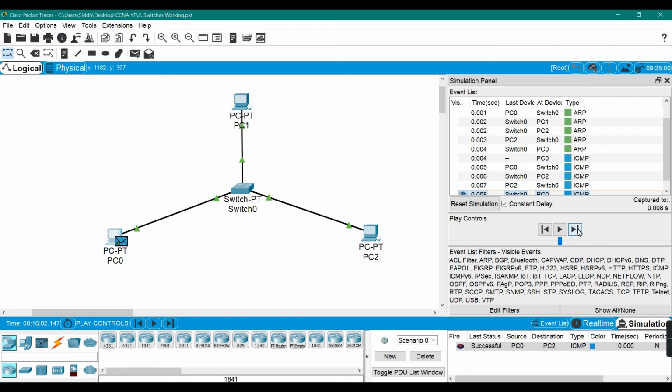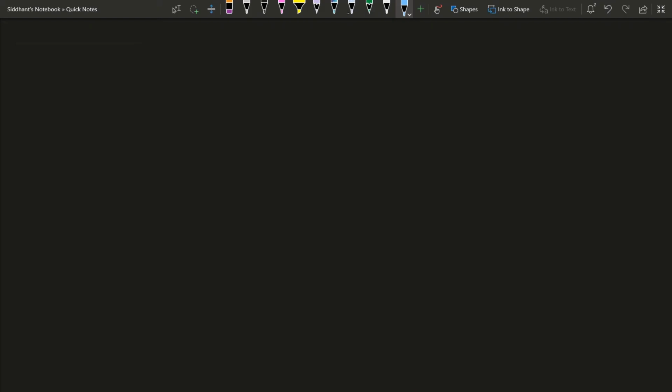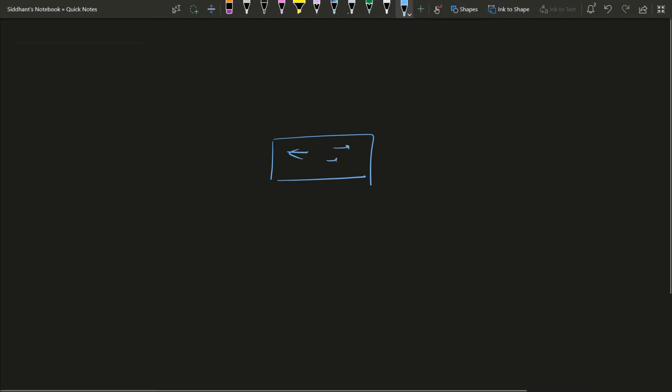So what really happens in the switch, you have understood here with a practical example. I'm just going to show you a little bit of theory too, so that you can remember all of this stuff very efficiently. Hi everyone, so I have shown you in practical in Cisco Packet Tracer how a switch works. I will just make that diagram and make some things clear here so that you understand it properly.